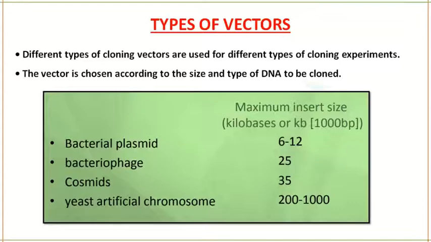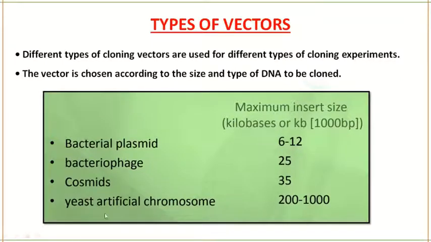The DNA which is being incorporated into the vector is called the insert. So the vector is the carrier and the insert is the DNA, that is, the gene of interest. If you see a bacterial plasmid, it can take up to 6 to 12 kilobases. 1 kilobase is equal to 1000 base pairs. So a bacterial plasmid can take up to 6 to 12